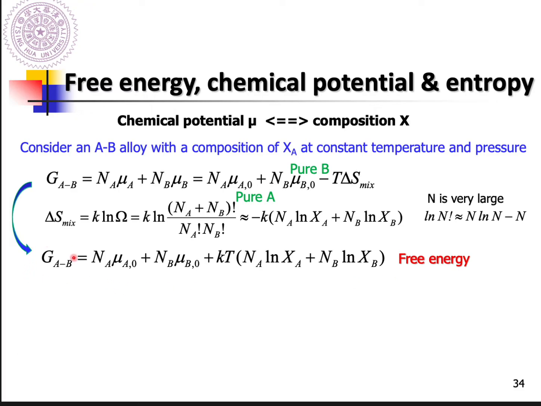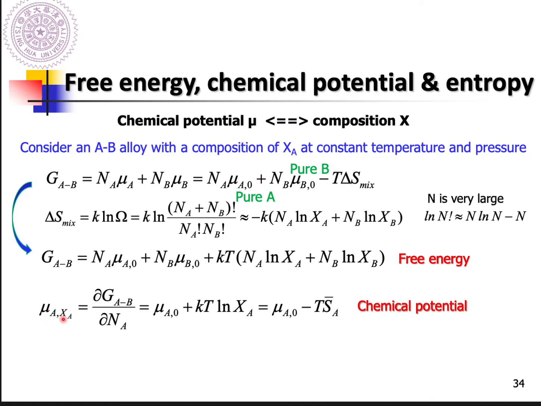But so far we just get the total energy of this AB alloy, right? But what we are interested in is how to correlate the chemical potential mu and X. That means we try to link mu A and Xa. So what's mu A? Mu A is, if you add one atom, how much does the total free energy increase? So it would be